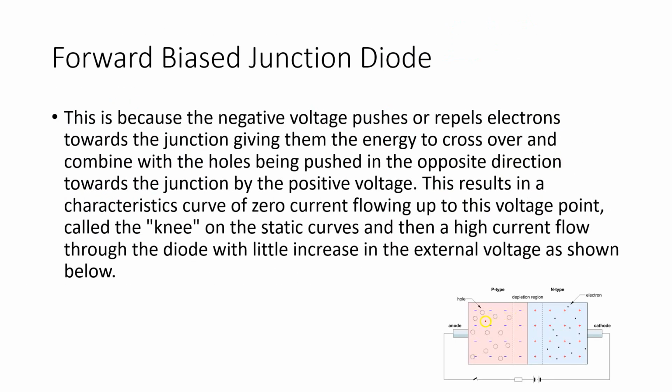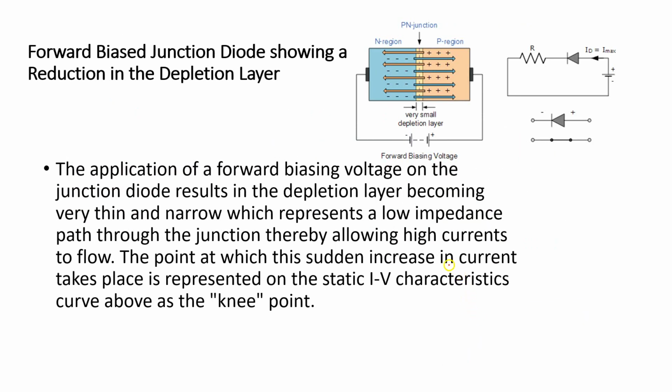And if I can find the diagram, this somewhat explains it. So this is now in what we call forward biasing. Whenever this diode is in forward biasing, it's now going to conduct, it's going to allow electricity to flow. And it all lies within the whole aspect of attraction and repulsion in this case. Because if I take the positive side and connect it to the positive side, then it's going to repel